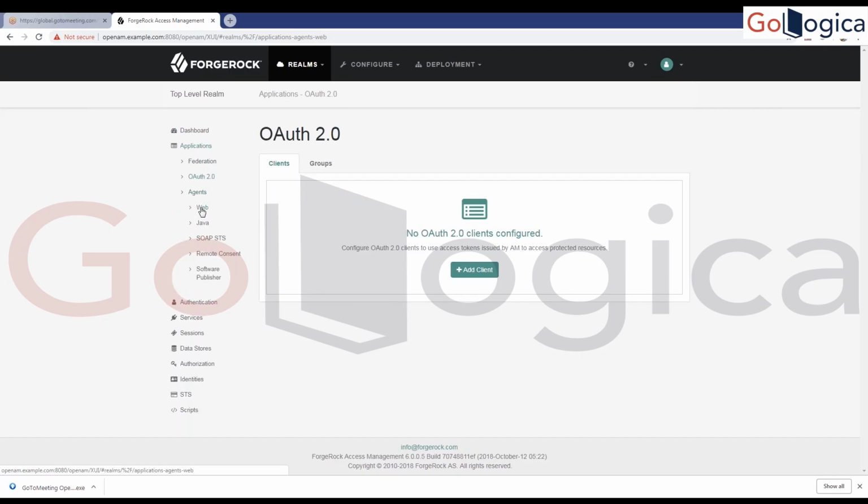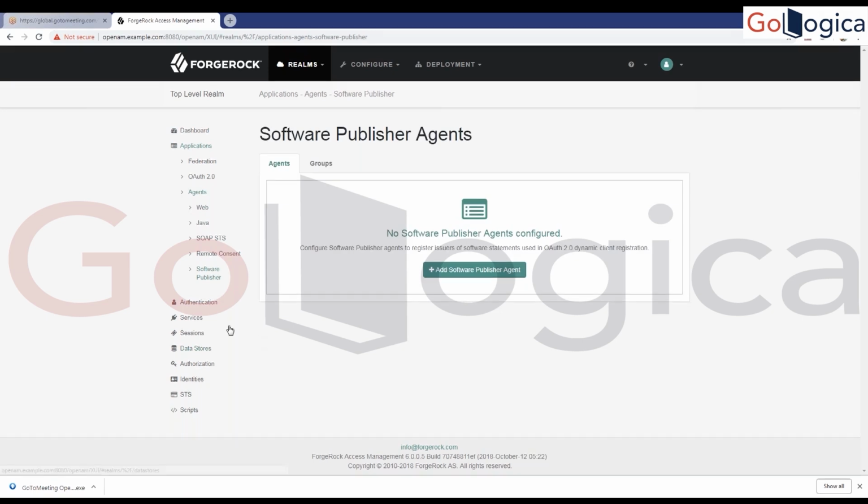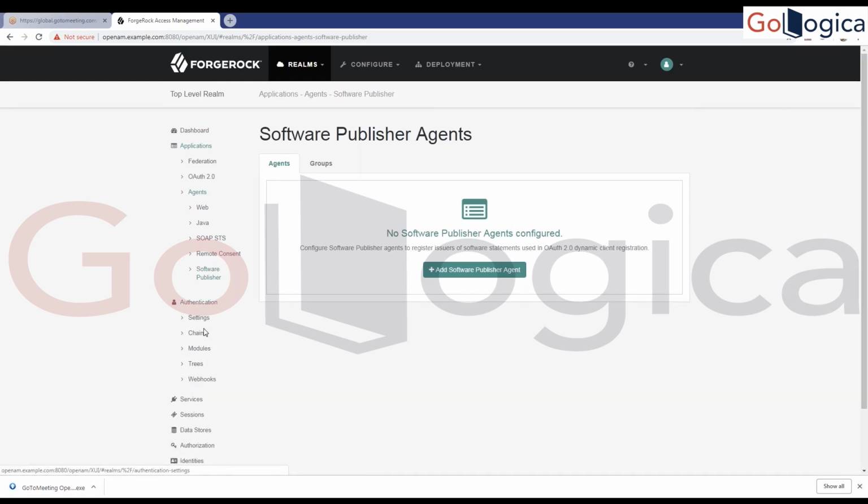Normal web agents are here. If you have web agents, they will show here. If you have Java agents, they will show here. Remote consent, these are used for the tokens with OAuth 2. Software publisher, if you publish some software, lots of things are there. In authentication,